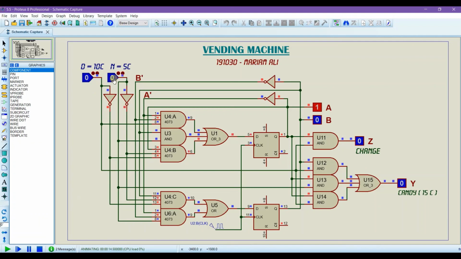If I change it here, a 5 cent is provided to the machine, but as no cent is available here, and we are not going to get a candy from 5 cent, we are going to provide more.